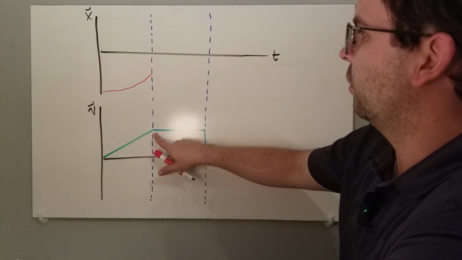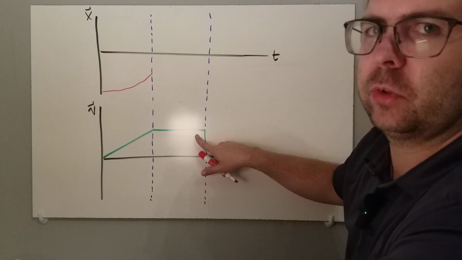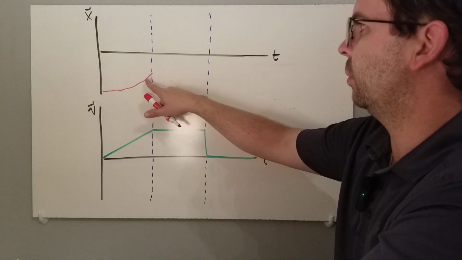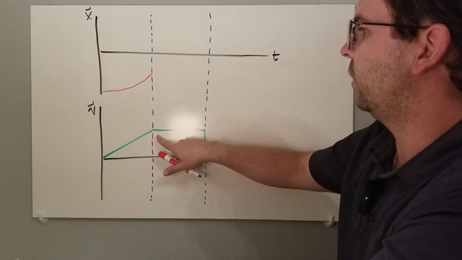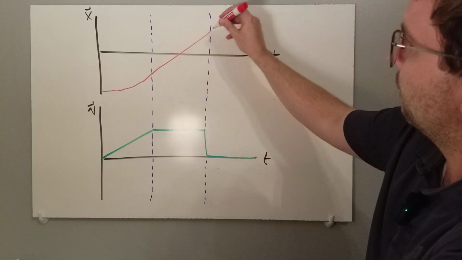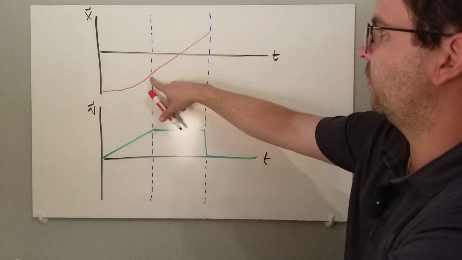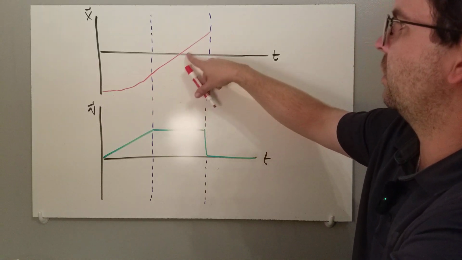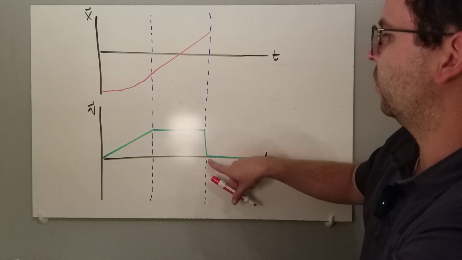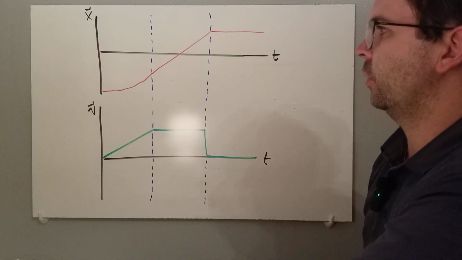until I eventually reach this moment where the velocity doesn't stop, but it stops speeding up. And so we will continue to move at this speed that we ended at, and we're going to continue to move at that speed for this whole section. So that's going to look like this. It's going to be a straight line. Right, so I've got started out going slow and then faster and faster and faster, and then we stuck to that constant speed for this moment. And then once we hit this third part of the graph is when we actually stop. And so the motion actually stops here. So that's what this graph would look